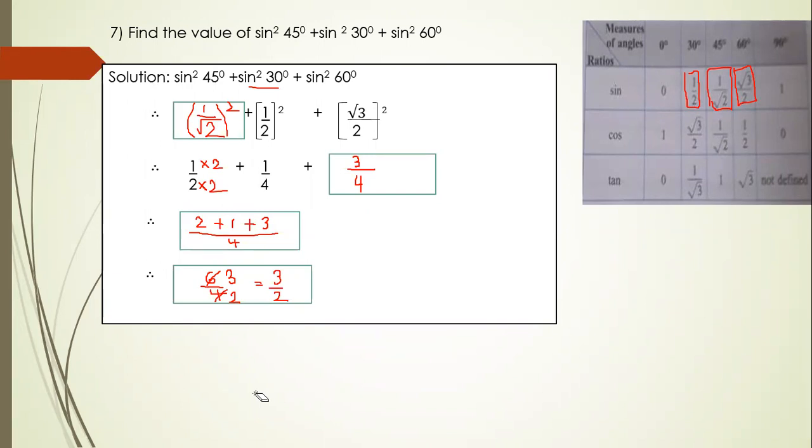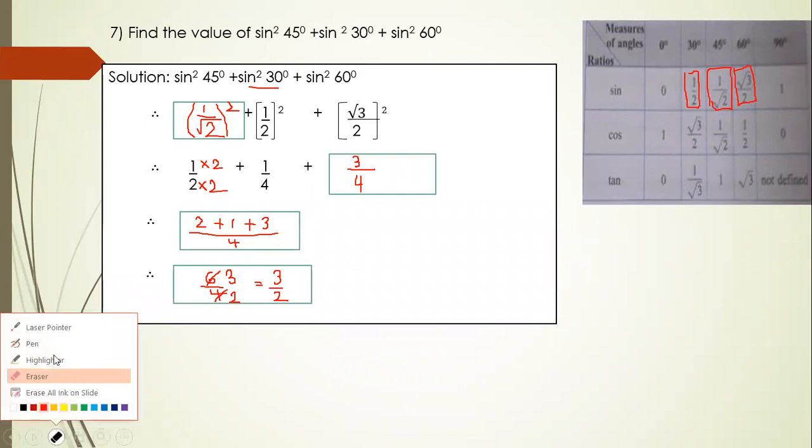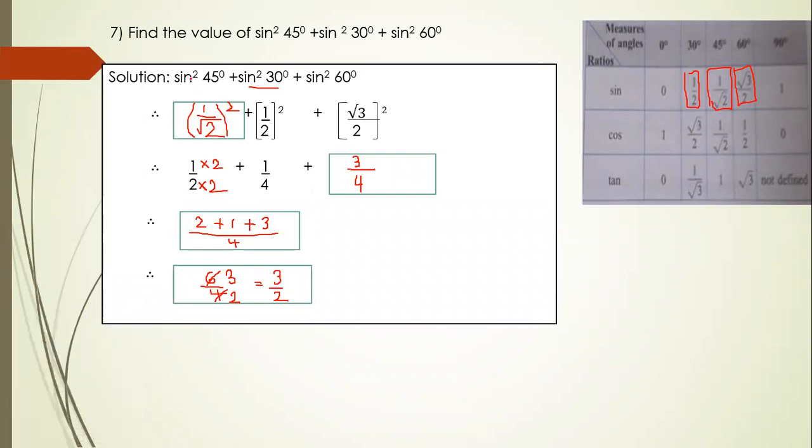And the new thing which we have done in this is square. Okay. You have to keep in mind the square also you have to do. You have to put the square sign also everywhere. And squaring is also important. The square of root 2 is 2. The square of root 3 is 3. The square of 2 is 4. The square of 2 is 4. The square of 1 is 1. Okay. So if you will remember all these small things also, you will be able to solve the sum properly.